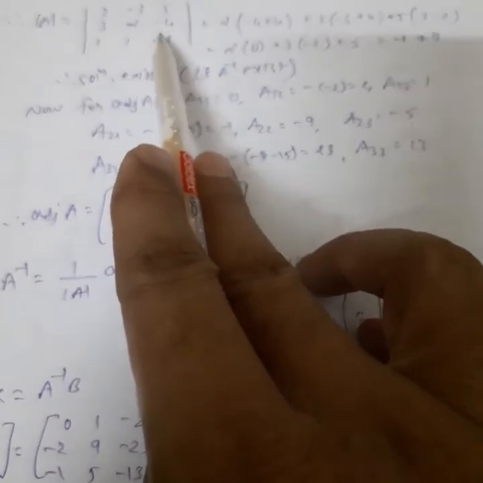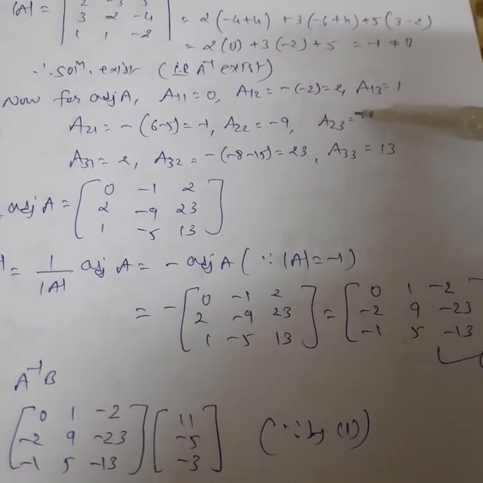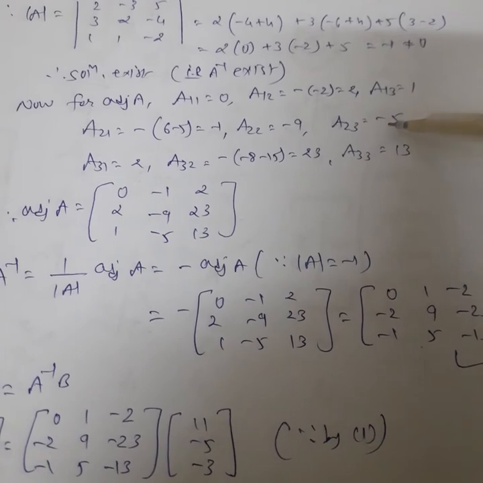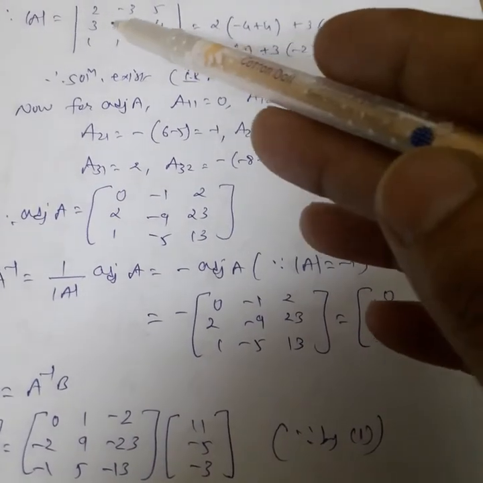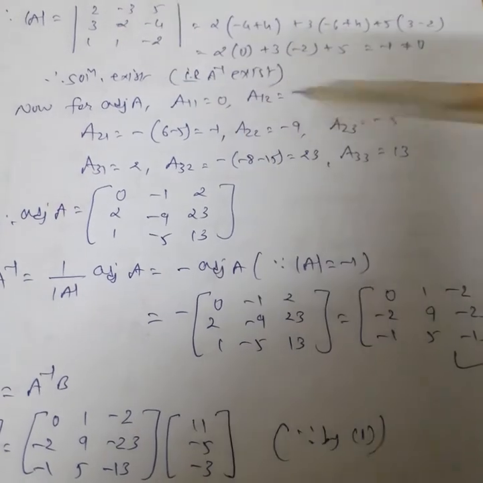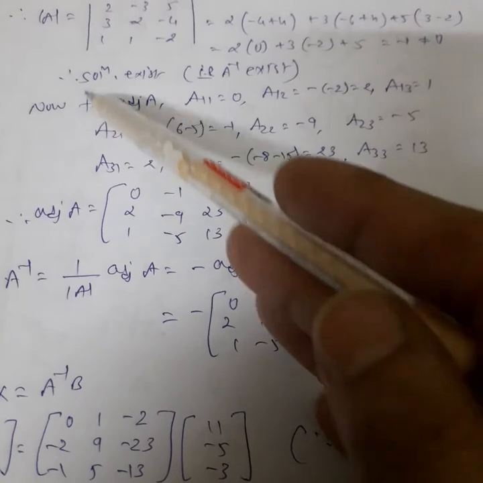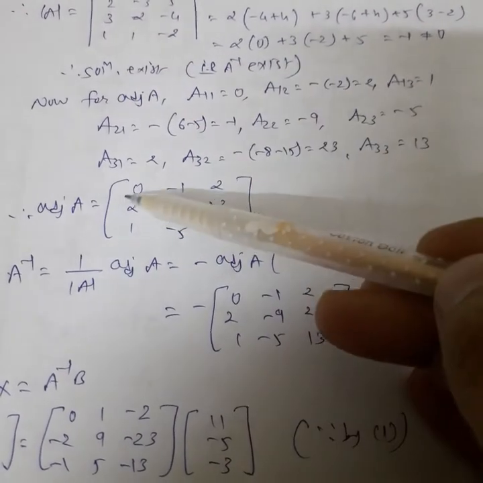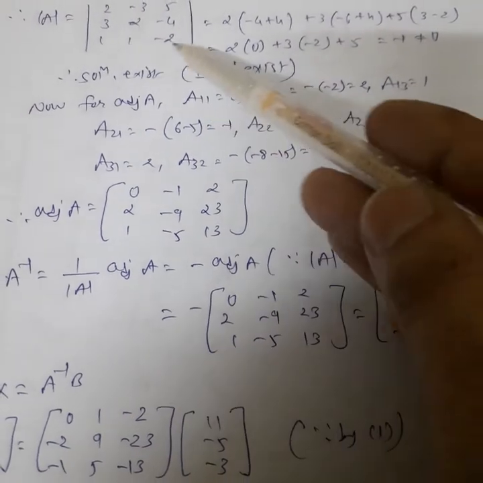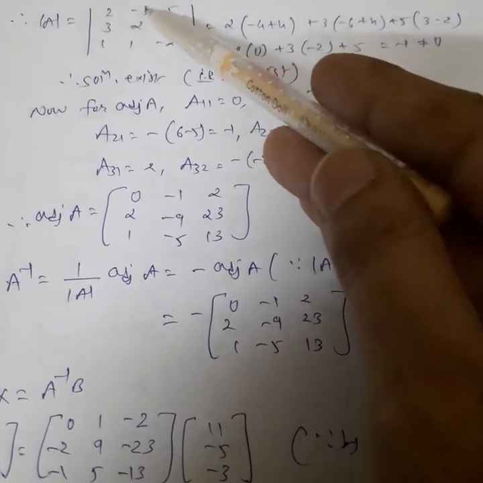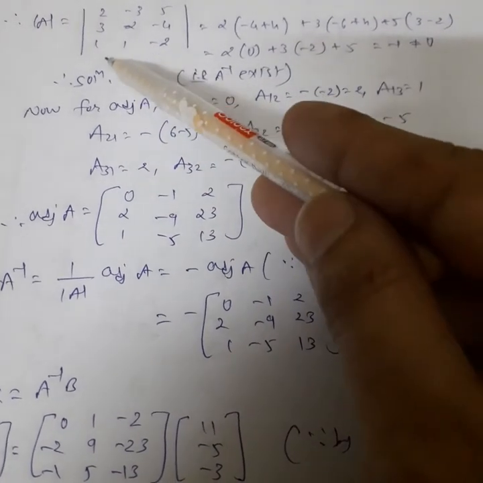We take the cofactor of minus 4, means second row and third column, so 2 plus 3 is 5. So minus 1 raised to 5 means we get a minus sign. Second row and third column should be cancelled, then the expansion of the remaining elements is 2 plus 3, 5, means the cofactor of minus 4 is minus 5. Now third row and first column, 3 plus 1 is 4, minus 1 raised to 4 means positive sign. By hiding the third row and first column, the expansion of the remaining elements will be 12 minus 10, that is 2. That is the cofactor of 1.